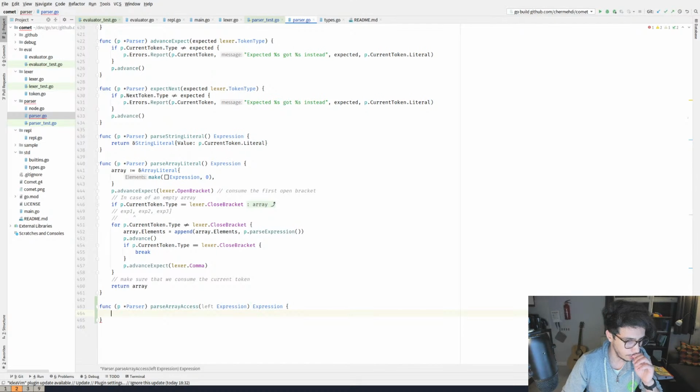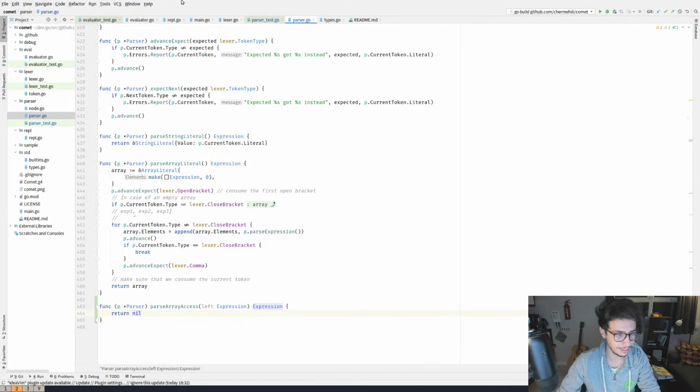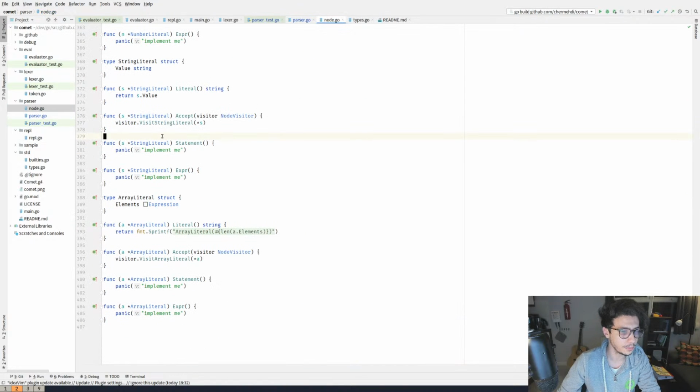Now we know that this is an array access. So what we need to do is create the array access expression. Since we don't have this yet, I'm going to return null and go and try to create it. I suppose we have something standard in the parser. Yes, this is node.